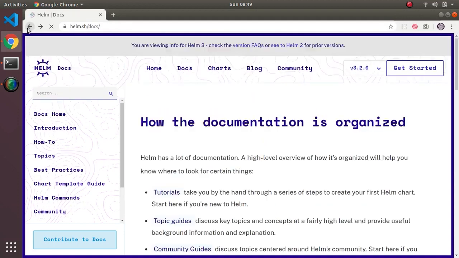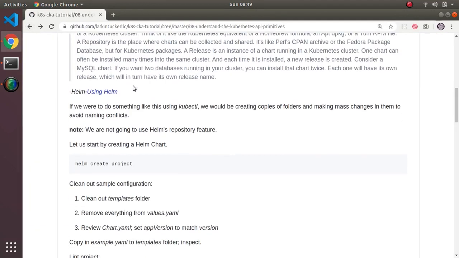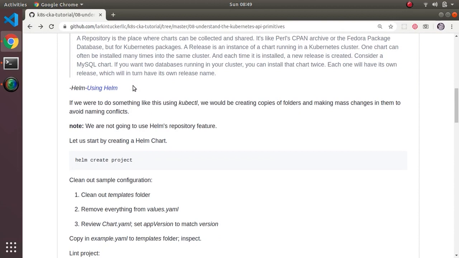I already have Helm installed on my machine. Now, just a side note, if we were trying to manage multiple releases of the same application but were just using regular kubectl like we were doing before, conceptually you'd have to manage different folders. You would take a folder, build an application, and then clone the folder,